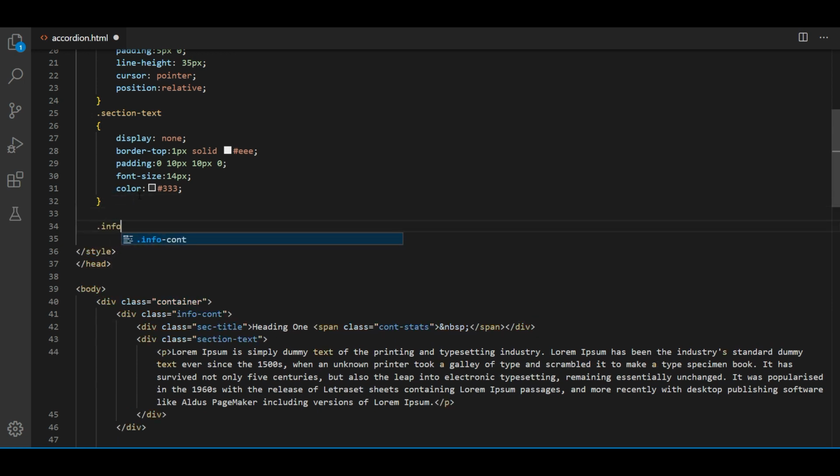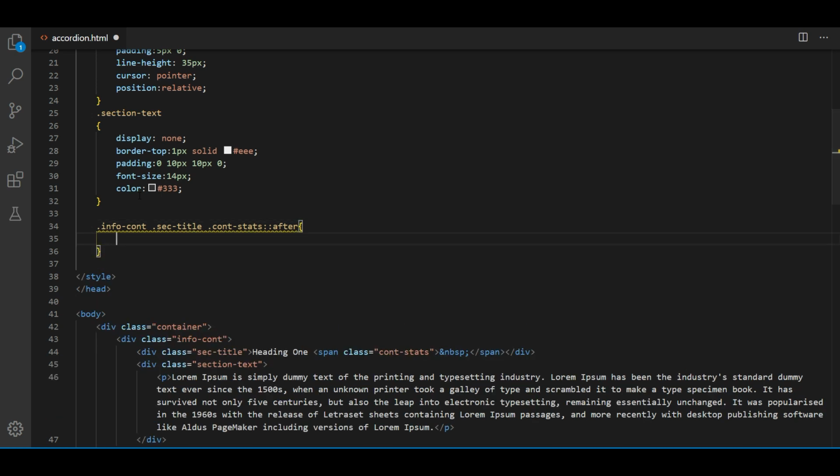So info-content, section-title and content text. We are using the after, so after the span tag we are showing the icons there.